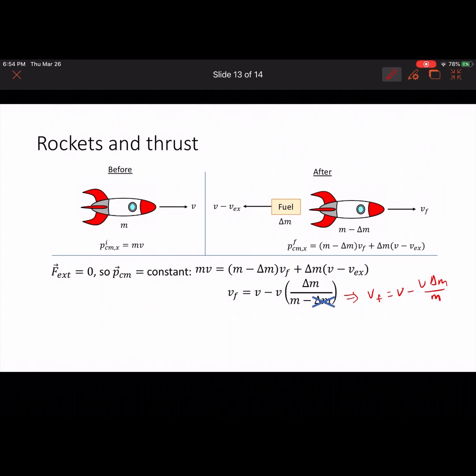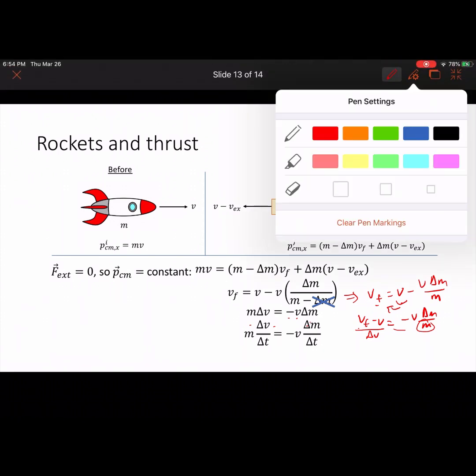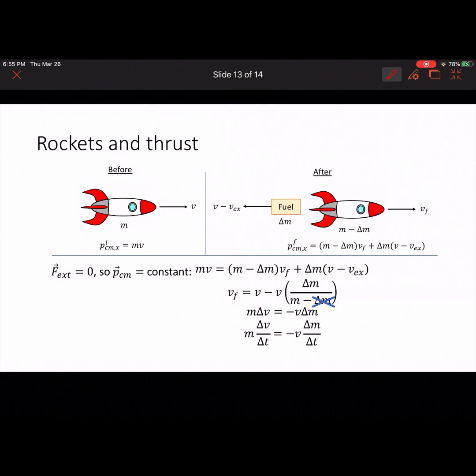And now I'm almost done. What I now want to say is that v final minus v, so I'll bring v over to the other side, v final minus v initial before this collision is equal to negative v times delta m over m. Or in other words, bringing the m over, m times delta v is equal to negative v times delta m. M delta v is equal to negative v delta m. There we go. And now with just a little rearrangement, I can divide through by delta t,